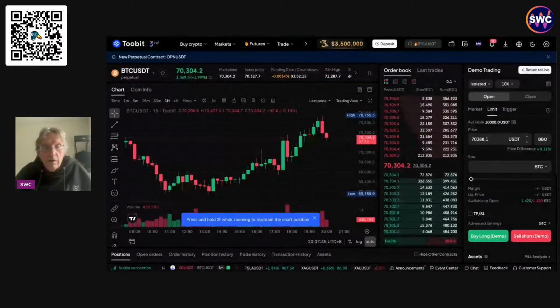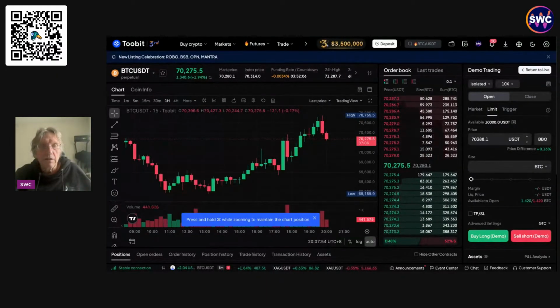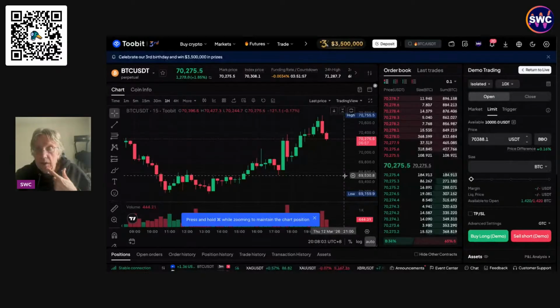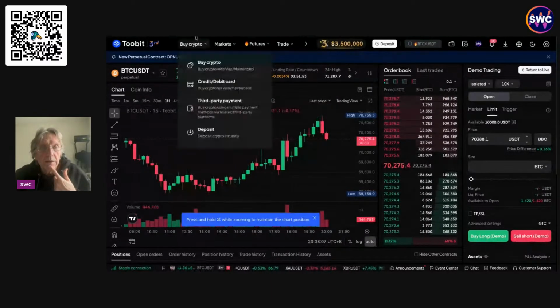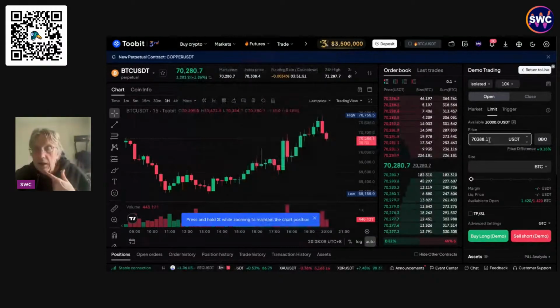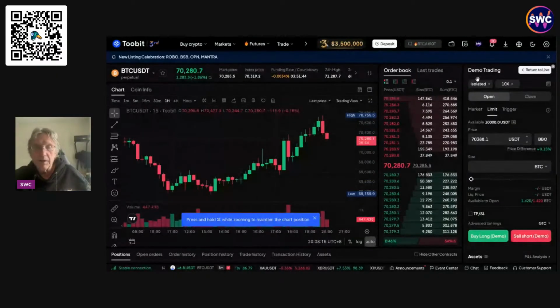So I might kind of, I don't know. If I do any trades with this, I'm only using demo money, so don't follow what I do. But I thought it might be quite good fun because in this account, this is pretend money. At least I think it is. Yeah. So it says demo futures up there. So that's 10,000 USDT. That would be nice, wouldn't it, if that was real money? But it's not. Oh, it says demo trading there, all quite big.